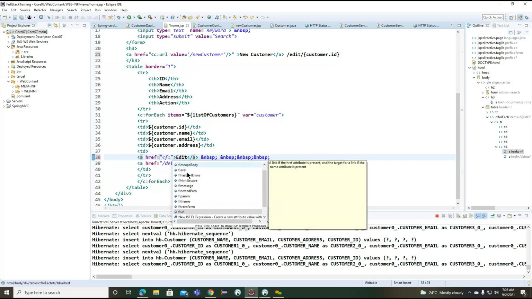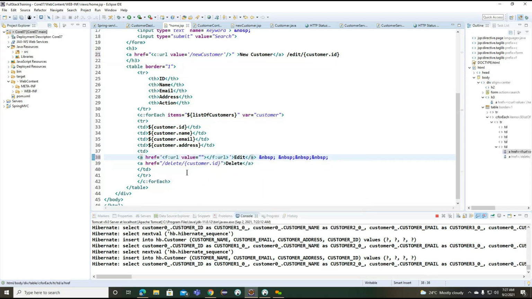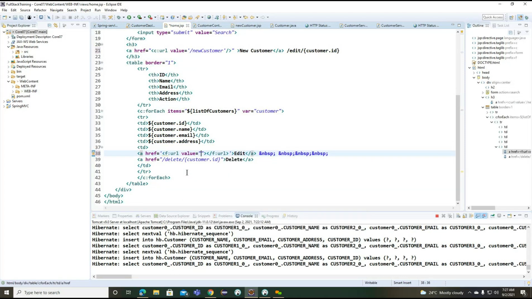Here we are getting the URL here. So this particular URL we can define here.